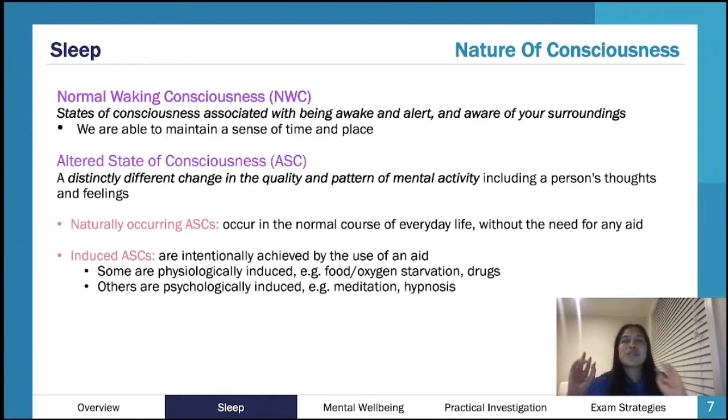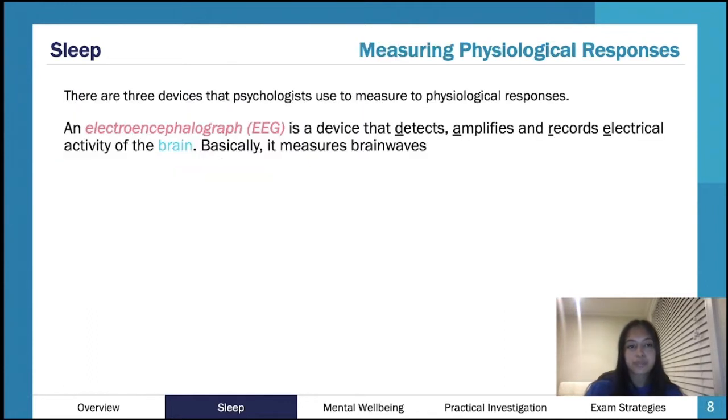So you generally think about your mind not necessarily thinking straight, or your perception might change. If you think of hallucinations, that's sensory stimuli that isn't actually present. And again, when you think about sleep, the same thing can happen. When you dream or you're not very aware of everything going on in your surroundings, that's that idea of being in an altered state of consciousness. So hopefully that makes sense.